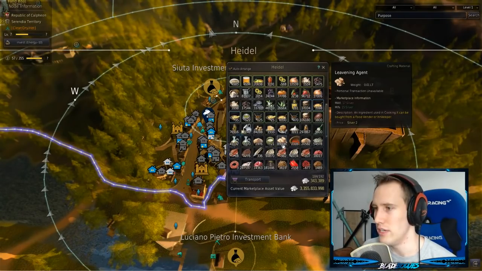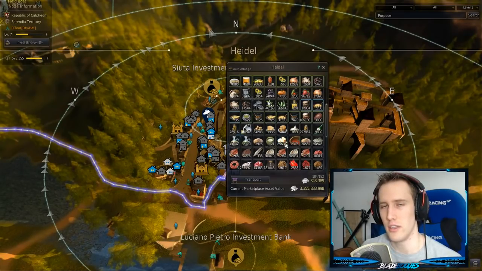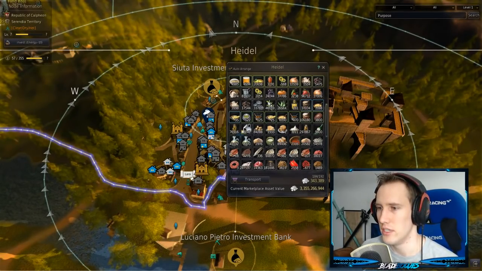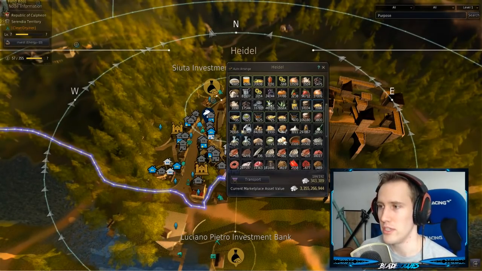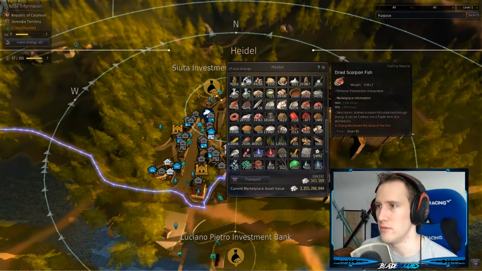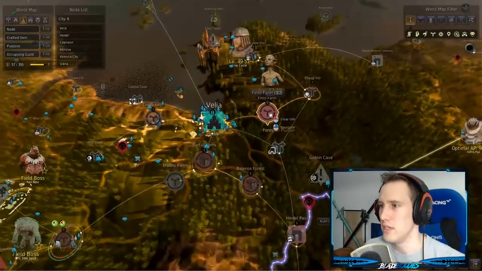And as you already know, the leavening agents can be purchased in unlimited quantity as well, right from your standard inn. So, in Heidel, it's this guy right here in this building. And those are only 20 silver each. So the only thing you have to deal with is getting more flour. Well, as long as you have your standard node set up of, you got potatoes,